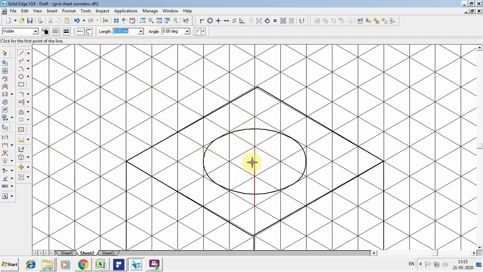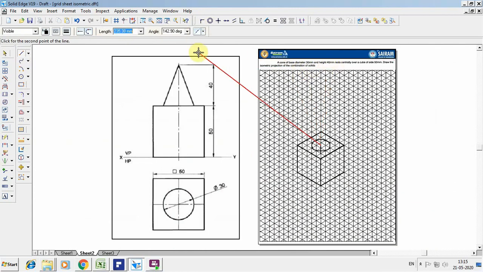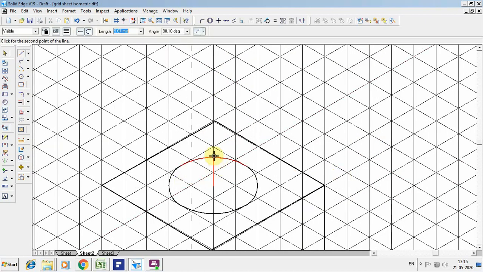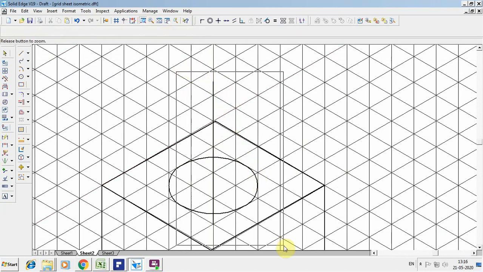Now from the axis, that is the center point of the circle, you have to take the axis height. The axis height is given as 40 mm. So you have to go for a 40 mm height. I will go for the 40 mm height over here. From here I want to measure 1, 2, 3 and 4, so I take 40 mm over here and connect to the exact point. You can see there, I am going to zoom into that area and show it.